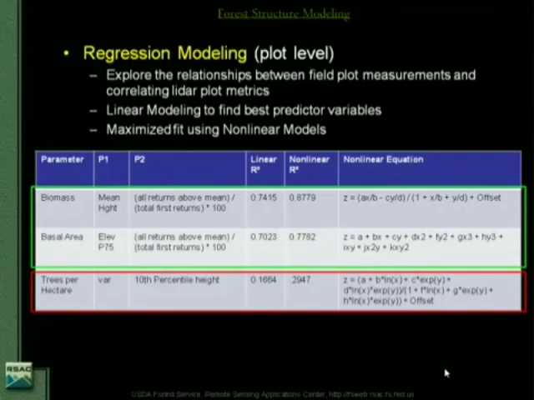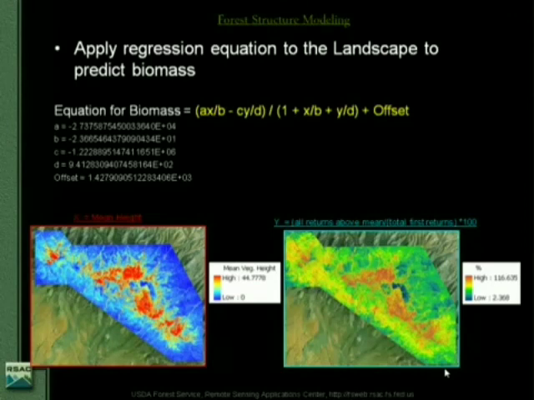So different parameters are sampled differently by LiDAR technology, and some of them make sense to model and some of them don't. What's so great about LiDAR technology is it samples every tree in your whole project area, every density, every height. So then we take the equation that we built from the plots, and we just take these grids in our GIS and we plug them into that equation. We just do math with these images. And what we do